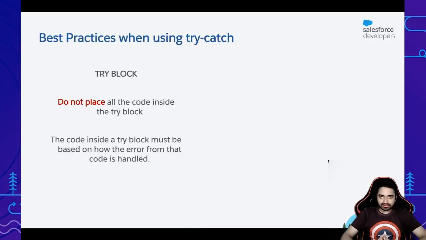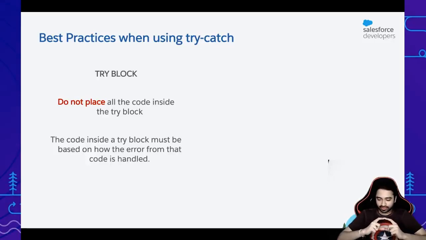Now the best practices. We spoke about try catch quite a lot, and one common thing that all of us do is wrap all of the code inside one single try catch block, which works. It's not going to give an error in your production instances, but it's a really bad practice. You're not supposed to wrap all of your code inside a try catch block. You actually need to split your code into different modules, decide which one is doing what, and in case an error occurs in one particular piece of code, how do you handle that error?